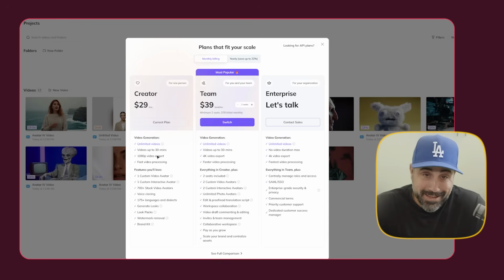Videos up to 30 seconds long. No, it says videos up to 30 minutes, which I think are for some of the talking head and other features within HeyGen, not just version 4. 1080 export on some videos, fast video processing. You can make a custom avatar, interactive avatar, and you can use some of their other stock features that they